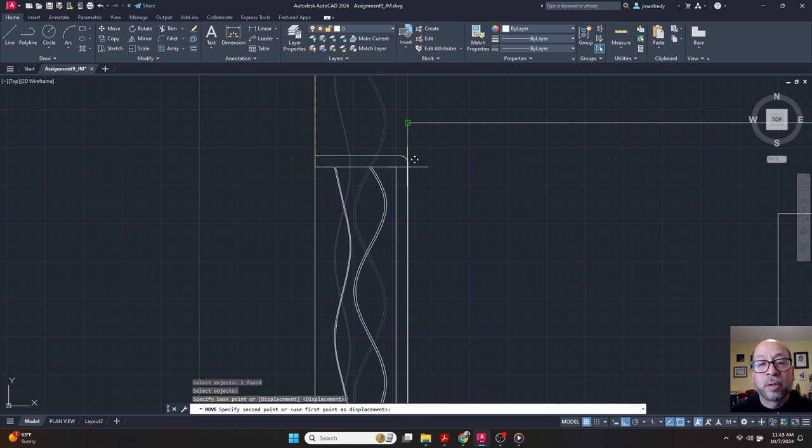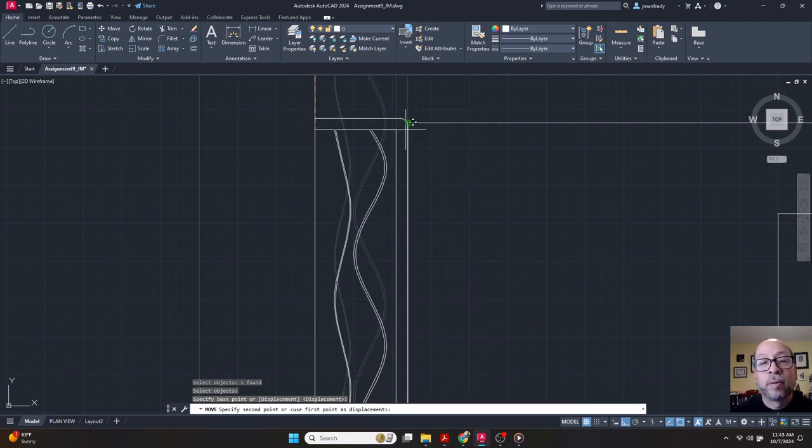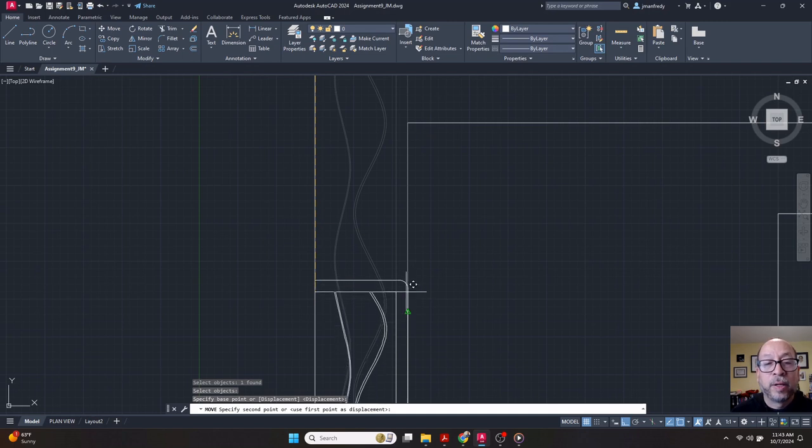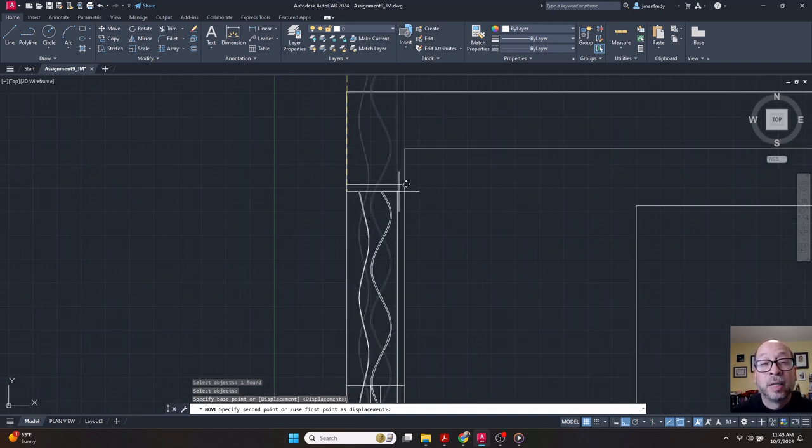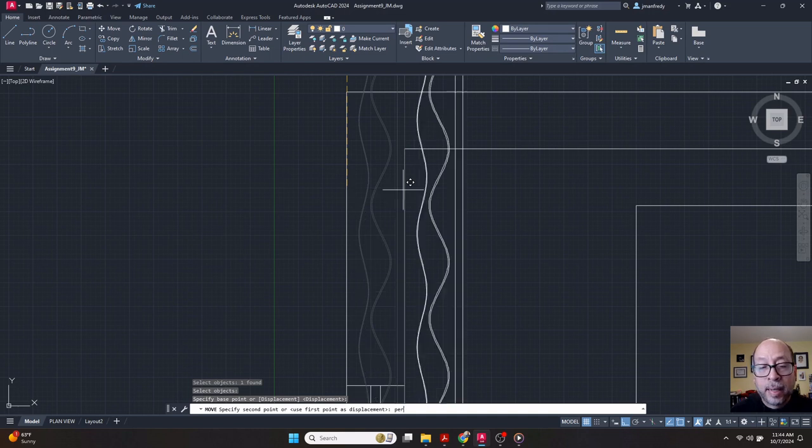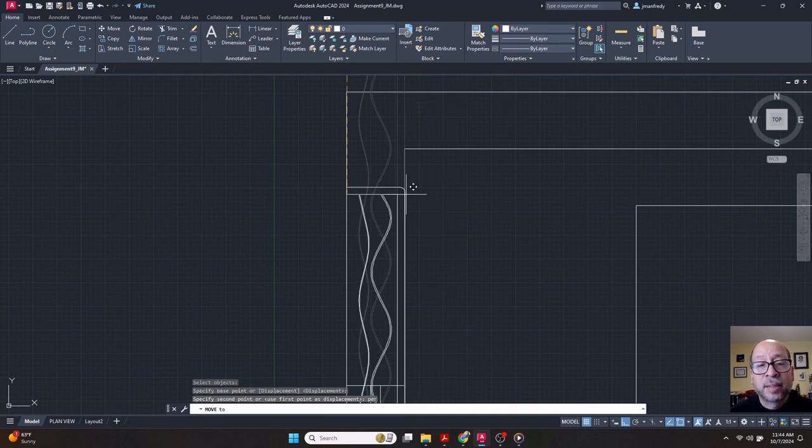I need to make it perpendicular to this green line here. And notice here, it's finding the midpoint or the end point. It's finding the midpoint. I'm looking for perpendicular. It's going to be tricky. So rather than cycle through all the options that are available, right here, right now, I can type PER and it will find a perpendicular object. So if I hit enter and now I select that line here,